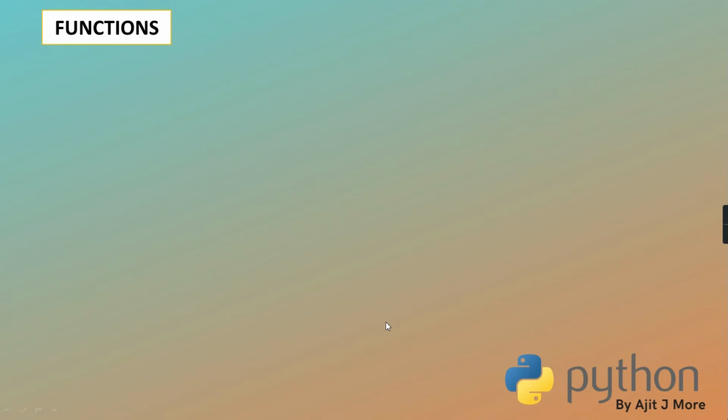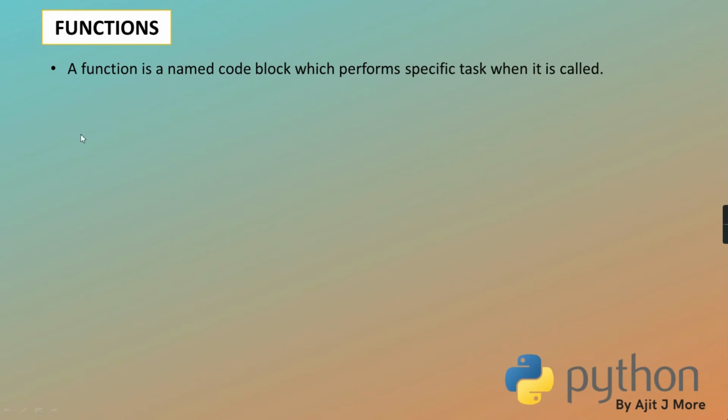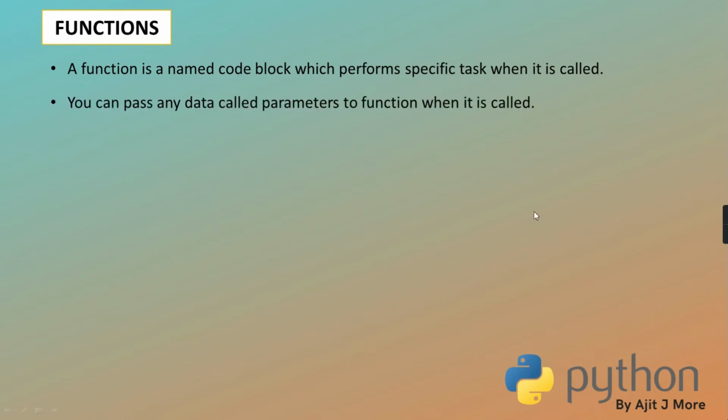So defining is one part and calling is another part. Once defined, it can be called any number of times. And can these functions take some value from the outside world? Yes. And can it return something back to the outside world? Yes. So a function is a named code block performing some specific task, but this task will be executed only when it is called. Then, can this task receive some parameter, and will it also return something back to the caller?